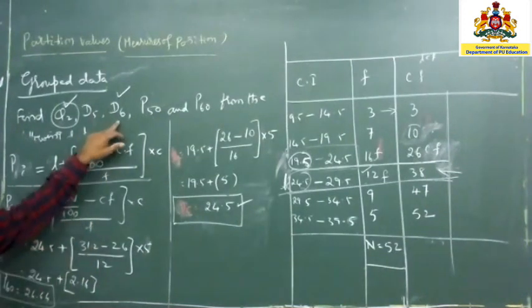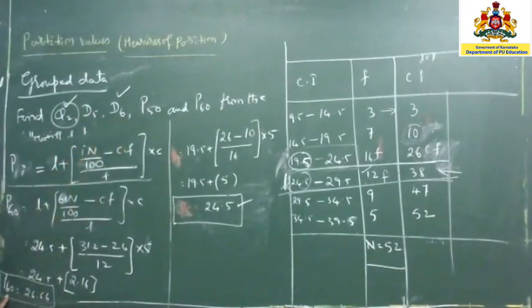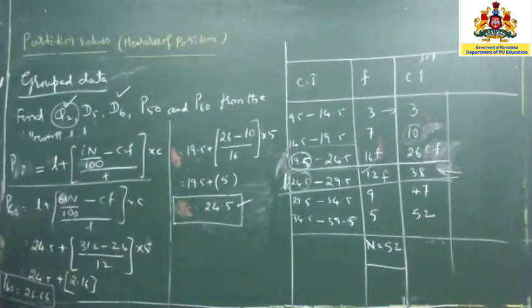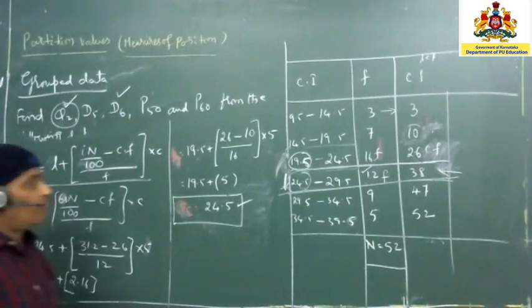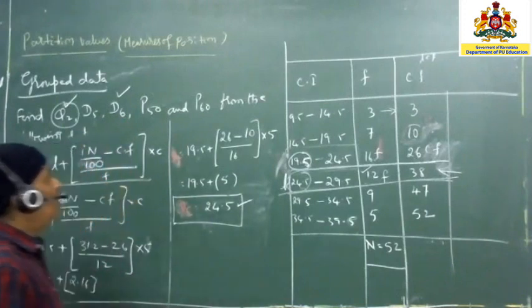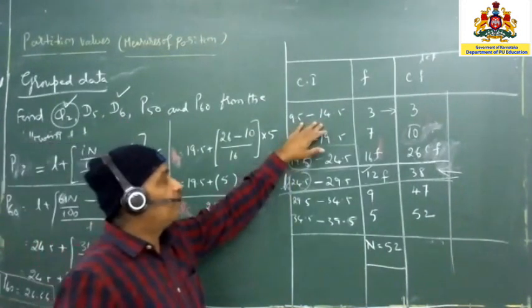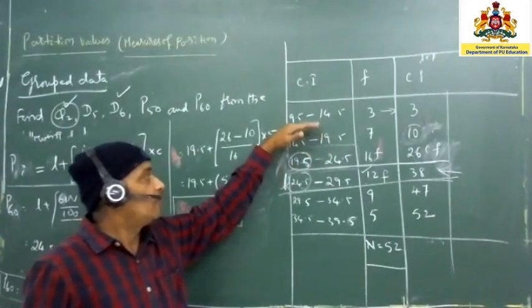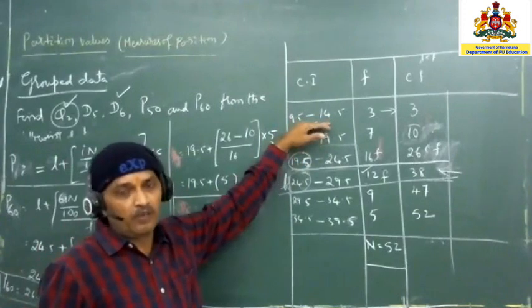It means in the 10 deciles, the sixth value is nothing but the P60 value. So henceforth, we can say that D6 is nothing but P60, because the 60th percent is a decile, only the sixth value of this one. Hope you can understand this is grouped data if it is continuous. There are a variety of types of problems we are going to have. But the one example I have given is if inclusive data is given, then first you have to convert it into exclusive form. So exclusive type we have given.